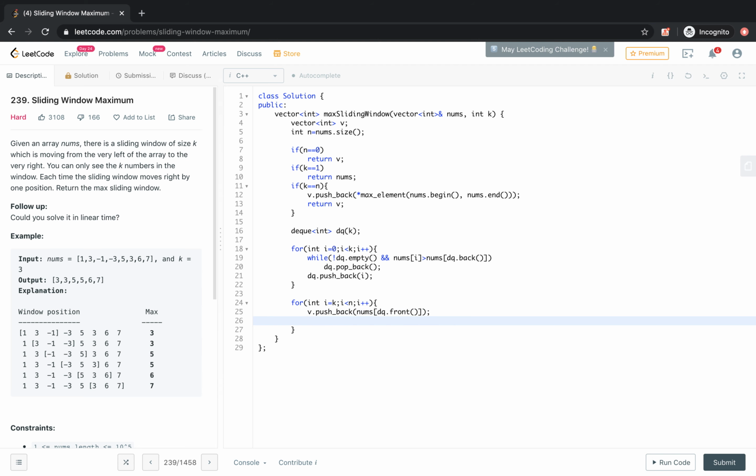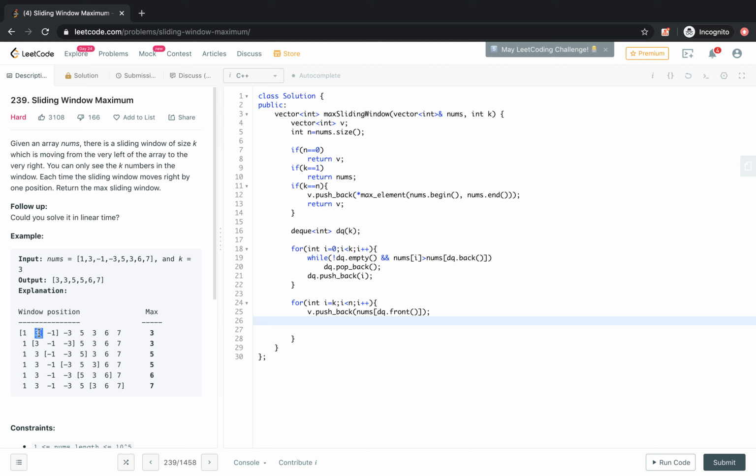Now in the vector we have inserted this 3. Now we are going to start from this 3. So what we have to do is consider that if the index stored in the front is a maximum, it should be in the current window size. It should not be out of the window.